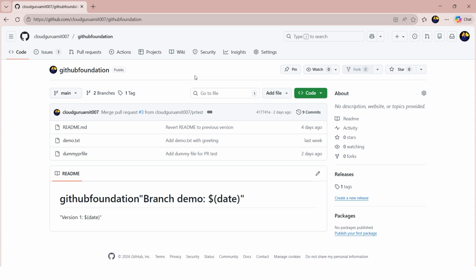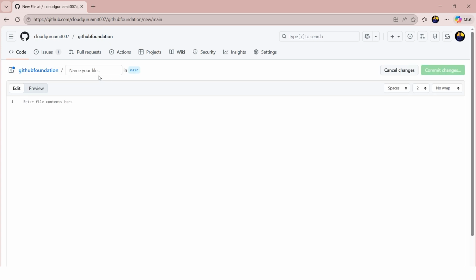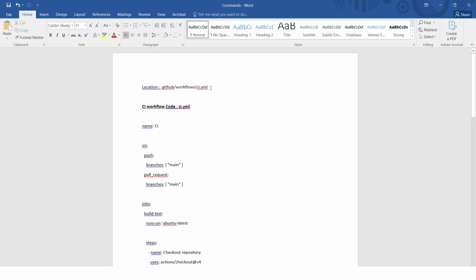I'll explain everything. So first, in order to get started, we need to create one file. How do we create one file? Add file, new file. Now we need to provide a path or the file name. So I have done the homework. So in here, please note there is one .github and then workflows, ci.yaml. GitHub will create everything. .github workflows, GitHub will do it on its own, and ci.yaml will contain our code